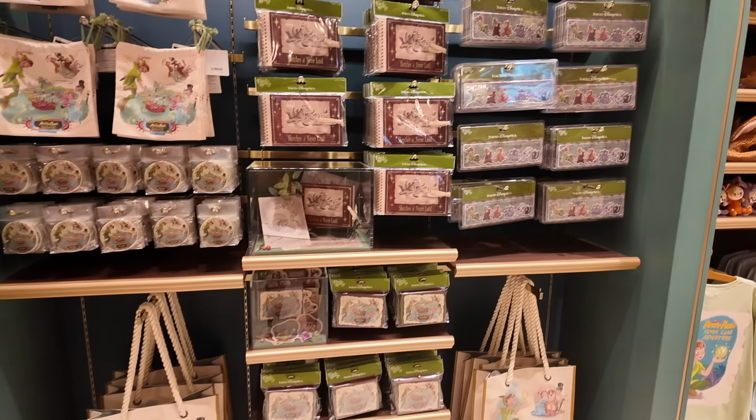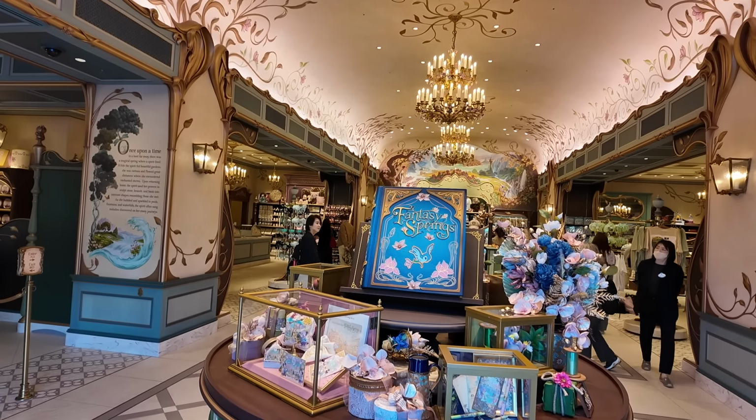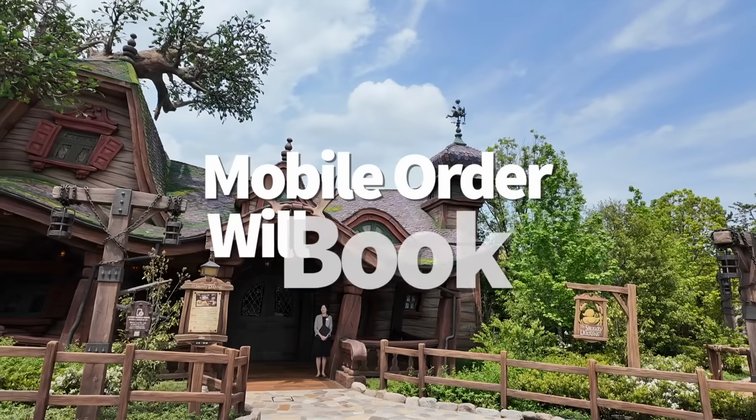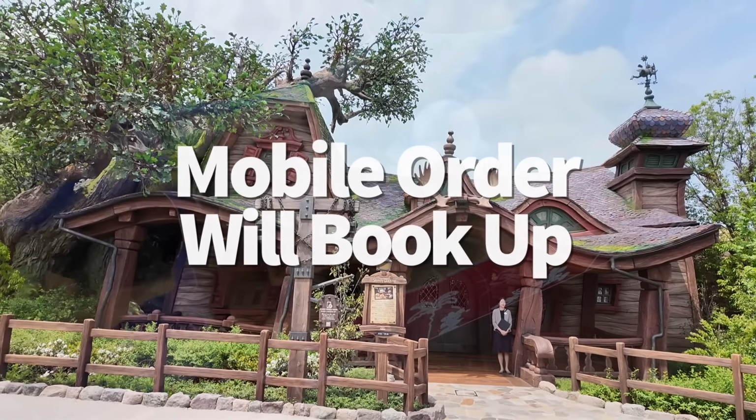And remember, they don't have park hopper tickets in Tokyo Disney. So even if on your Disneyland day you want to kind of hop over to DisneySea to get it, not going to happen. Okay, Tokyo Disney is already known for its wildly popular quick service restaurants and snack kiosks, and